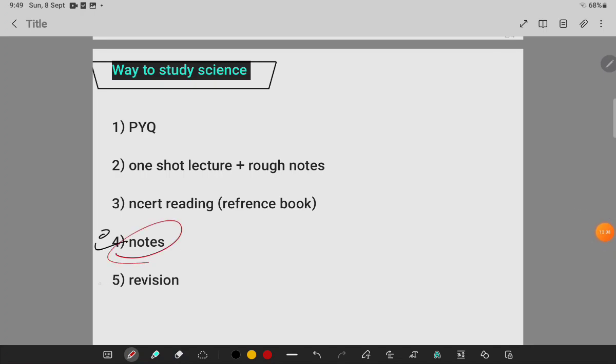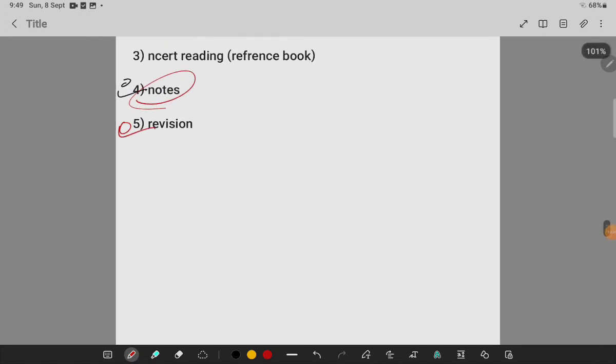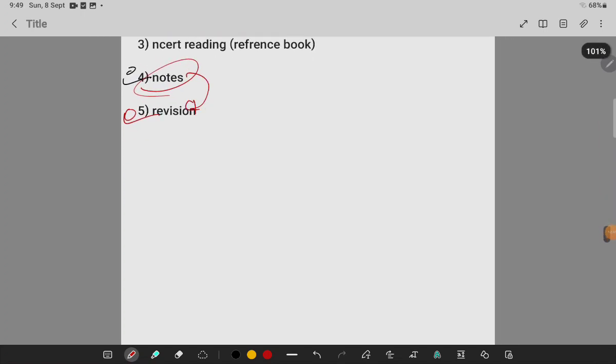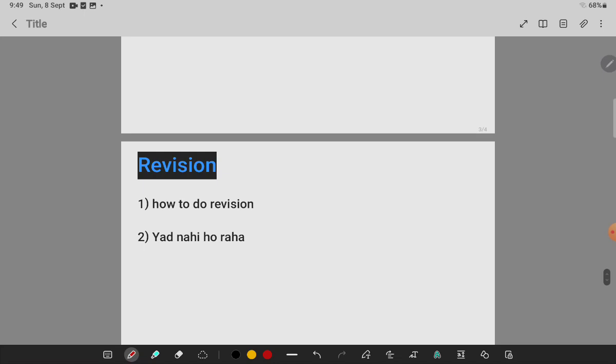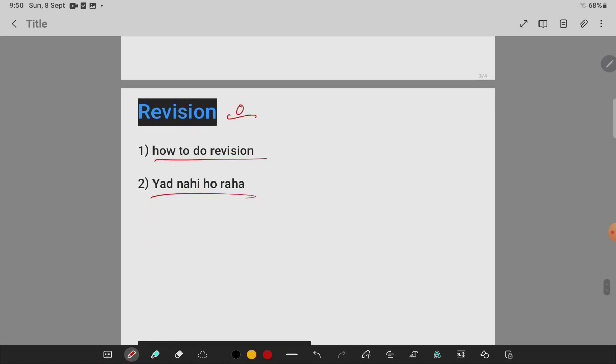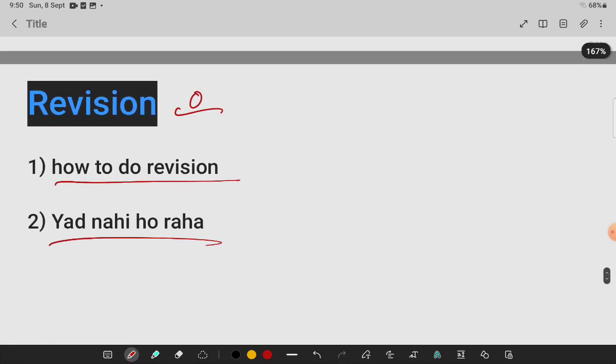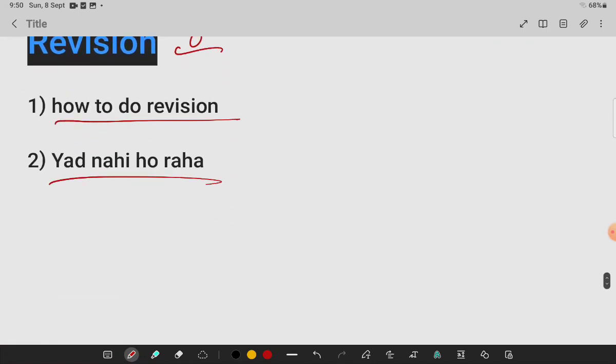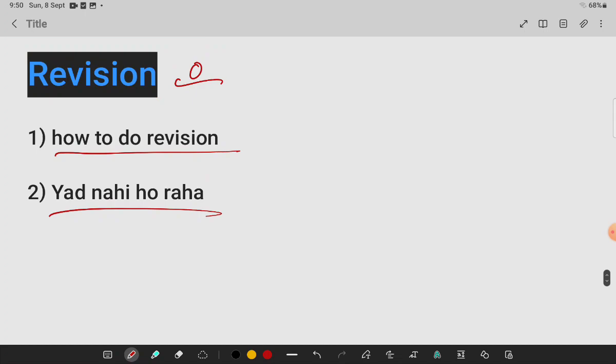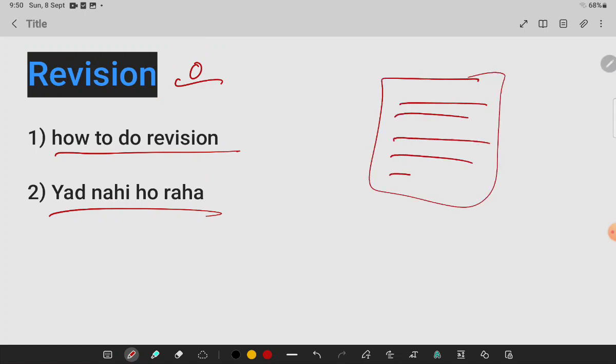Now revision, how to do revision, that, and in the last you have to do the revision. Now our next topic is how to do revision. "Yaad nahi ho raha." So these are the two things that are continuously in the mind of students. Revision does not mean that you take one page of notes and keep watching and reading it continuously. This will not be